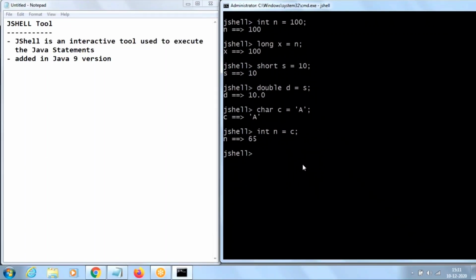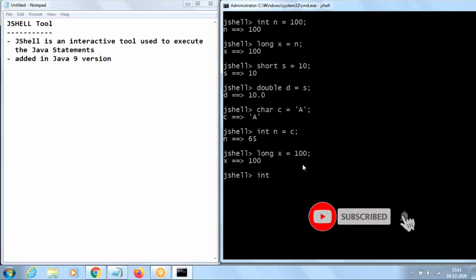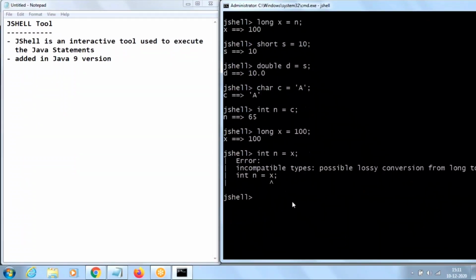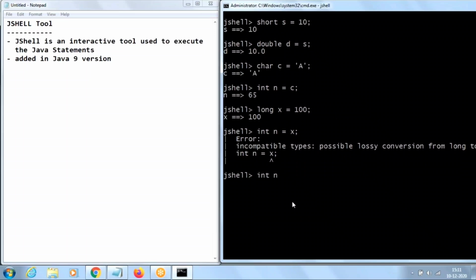Coming to explicit casting, converting a higher type to a lower type. For example, when you say long x equal to 100 and you want to assign it to an integer, it goes with an error and says possible lossy conversion from long to int. Our requirement is to convert into integer, so we have to apply explicit casting. How to apply? In parentheses, we mention int and provide the variable x. Mentioning int in parentheses is your explicit casting.